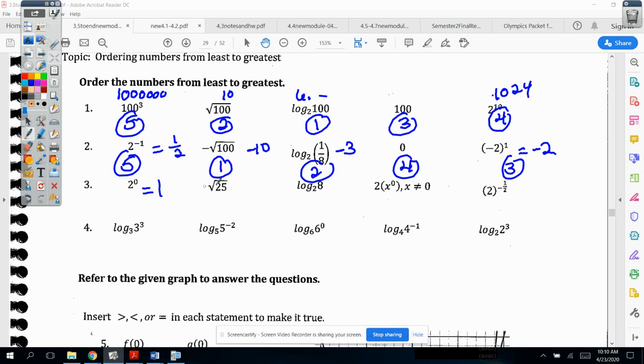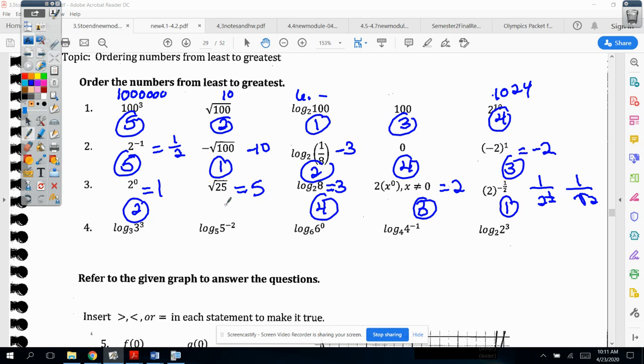2 to the 0 is 1, square root of 25 is 5, 2 to the third is 8, 2 times x to the 0. Well, x to the 0, if x isn't 0, is 1. 2 times 1 is 2. That was kind of a weird one. And this would be 1 over 2 to the 1/2, which is 1 over the square root of 2, which is a fraction. So which one of these is the smallest? It looks like this is the smallest. And then we'd go to 1, 2,